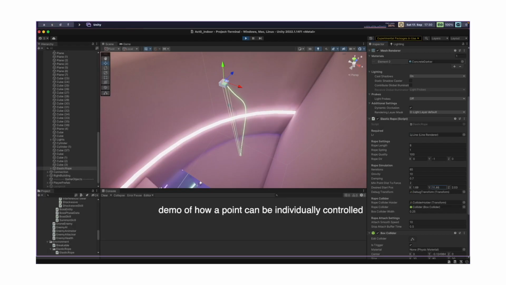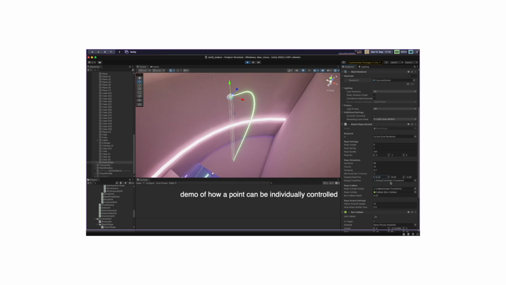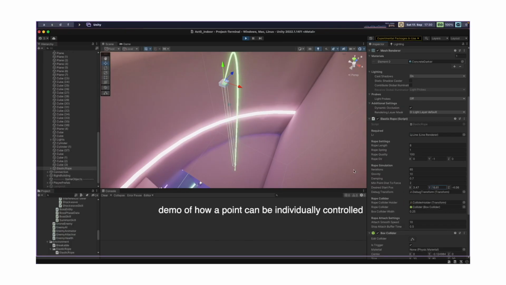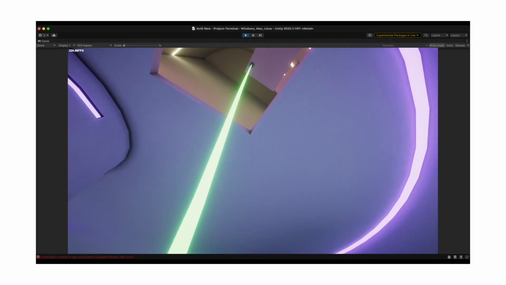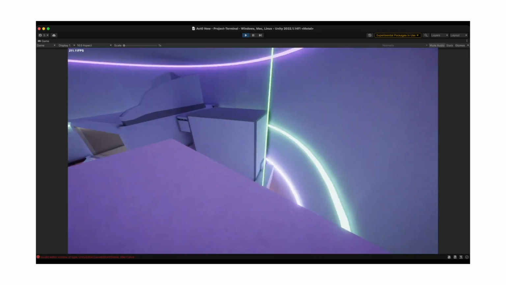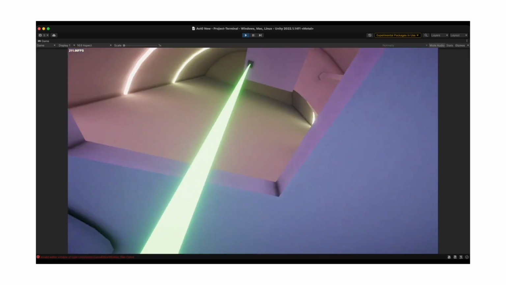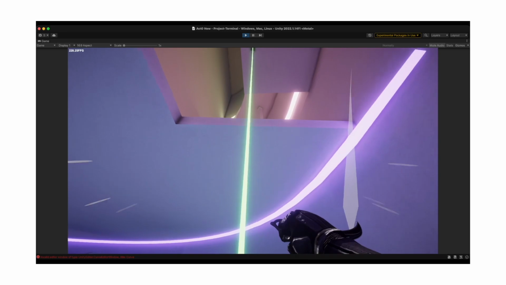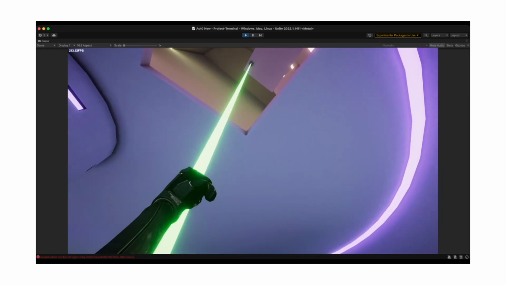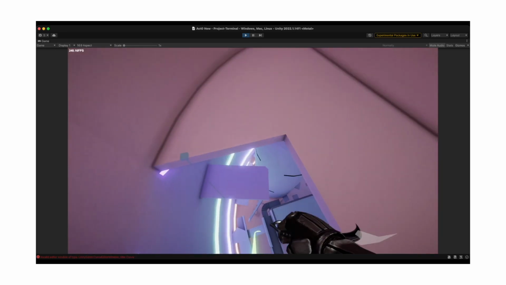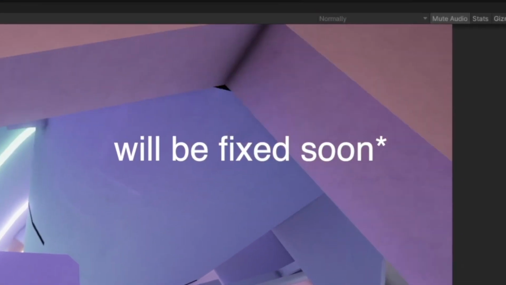The Elastic Rope implementation that you've seen in my last devlog video was a cool idea, but unfortunately, it didn't work out quite as well as I hoped. As you can see, it's clunky and the rope physics were wonky. The worst part was that the hand wasn't actually grabbing the rope. I did mention that I would be fixing this in my previous devlog, but I figured it would be a bit too challenging to solve this problem with the current setup.